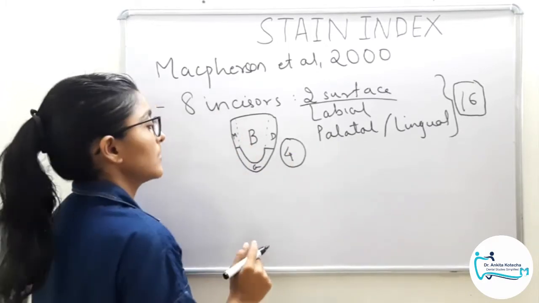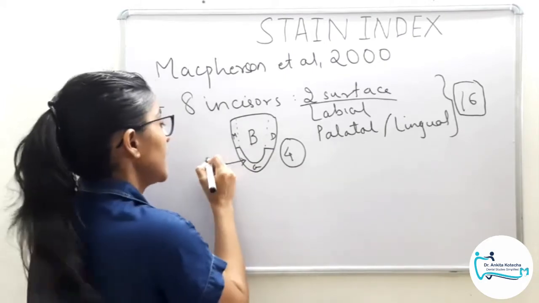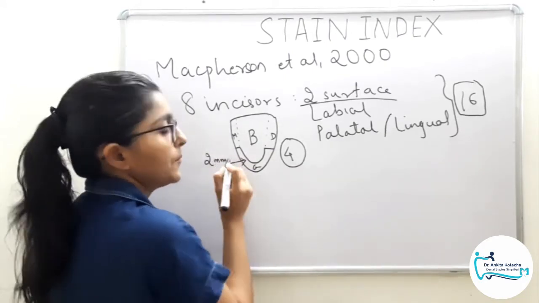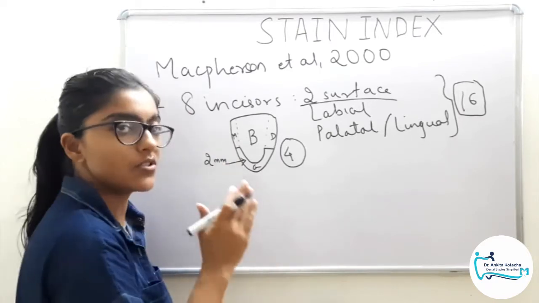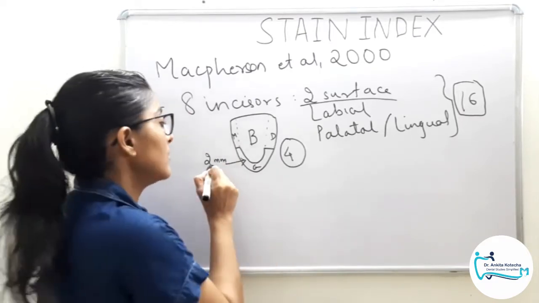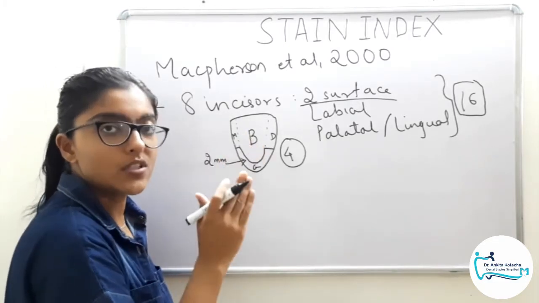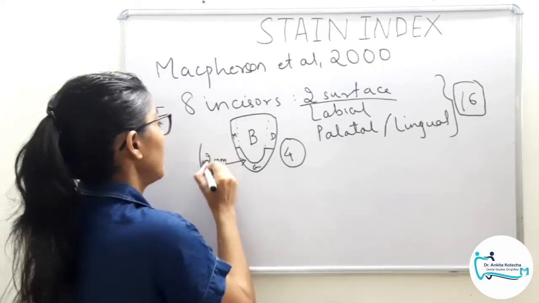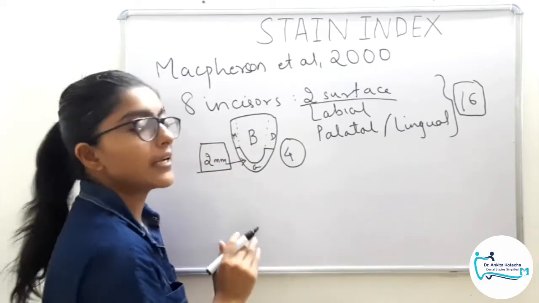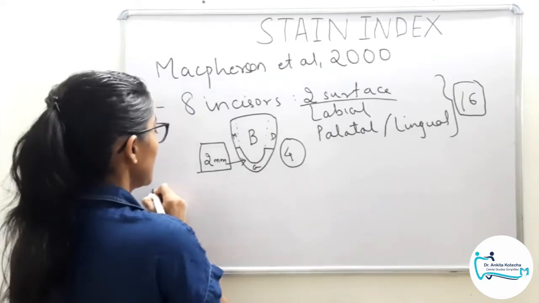And the next modification, this band which was 3 mm wide is here 2 mm wide. A 2 mm wide crescent shaped thick band around the gingival margin. Everything is similar. The thickness has been modified. In the conventional, the original index, it was 3 mm wide. Here it is 2 mm wide. Please note, I am simultaneously highlighting the differences. Clear? Now coming to its scoring criteria.